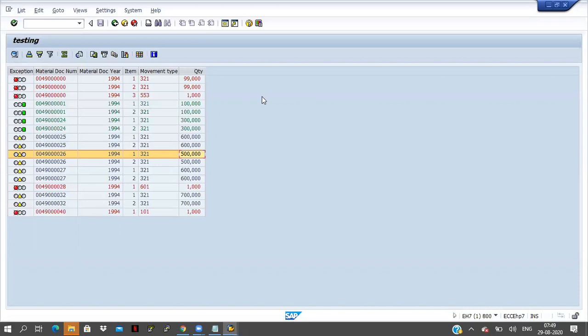This is the way to apply colors to the data, to display the colors and to display the icons, the traffic lights. A few times in the interview, they may ask the question: how can you apply the colors, how can you modify the colors here, and how can you apply the traffic lights here? So you have to practice on this one.